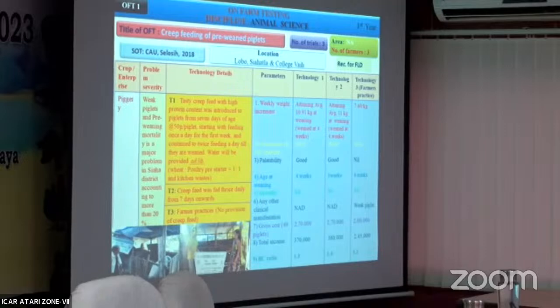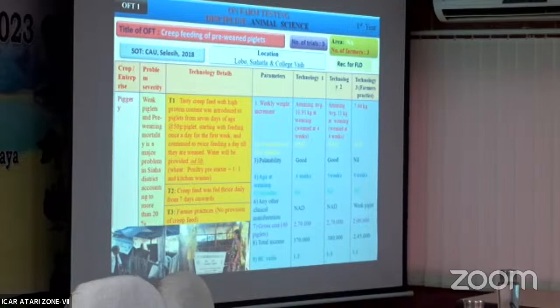So what is the composition of your creep? Composition of wheat and poultry pre-starter 1:1 ratio. Okay, so from which farm did you take this poultry starter? Poultry pre-starter, sir, I don't know from which farm actually the SMS has taken. That I don't know. That is from different farms. So you did not prepare it. You don't know. No. That should be mentioned. Okay, sir. Yeah. Noted.